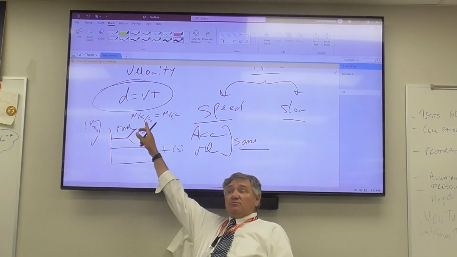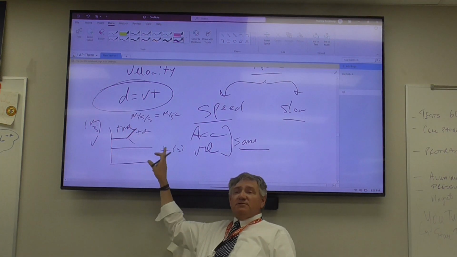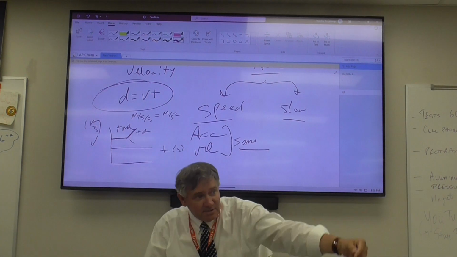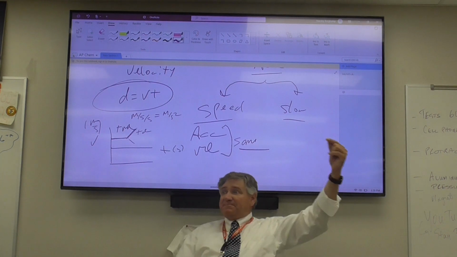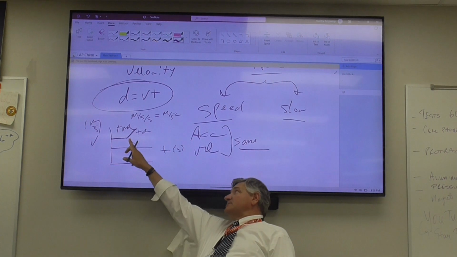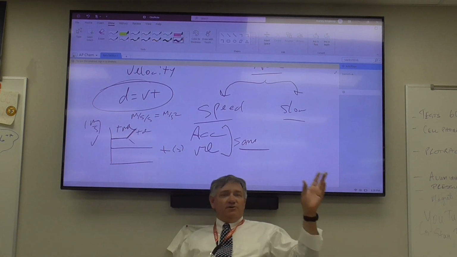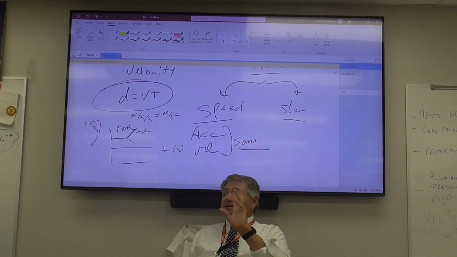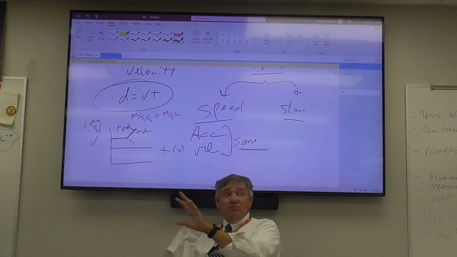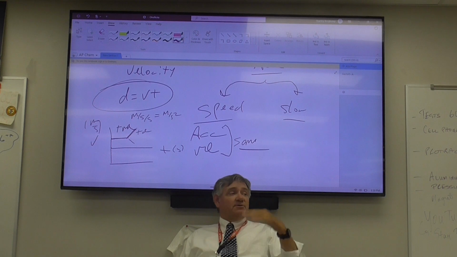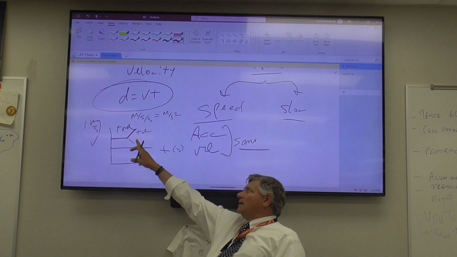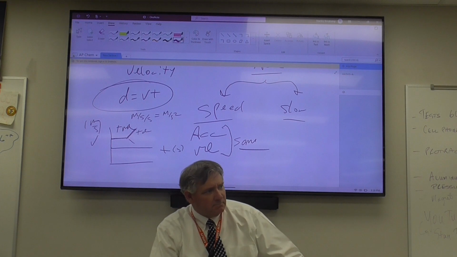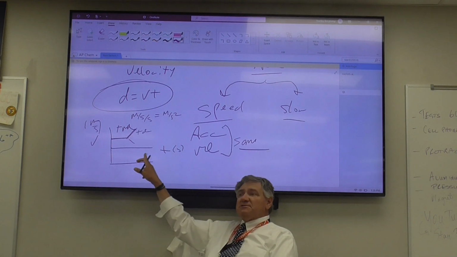Some people like a visual approach. So here's 0 meters per second. If this line is moving away from 0 meters per second, you're going to speed up. If this line is approaching 0 meters per second, you're going to slow down. That's it. So if you like a visual approach, look at the graph. Oh, right. I'm going away from 0 meters per second, I'm speeding up. My line is approaching 0 meters per second,